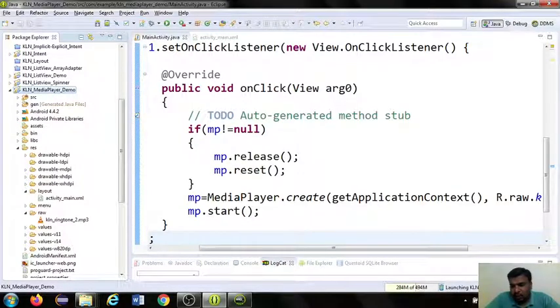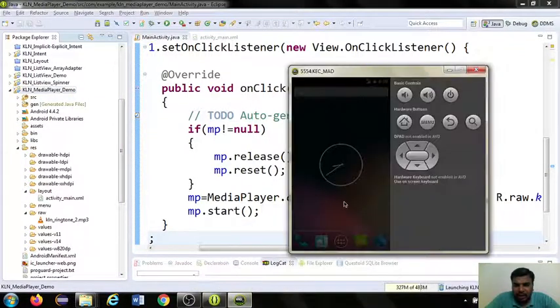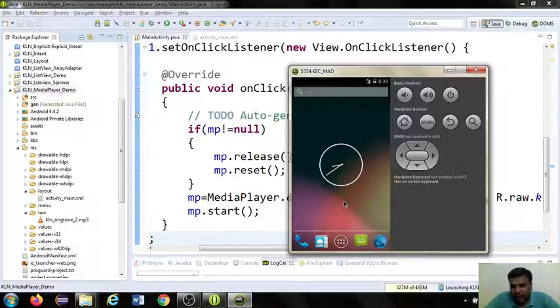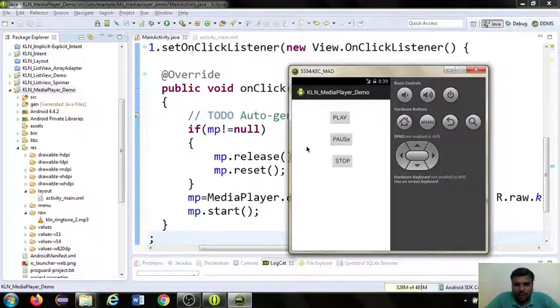You can watch at the bottom of your screen. Here it is showing launching workspace KLN media player, which is launching in your emulator. So we have to wait until it is launched in our emulator. Yeah, the player has been successfully loaded in our emulator.